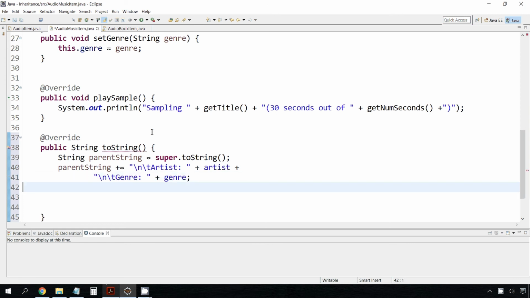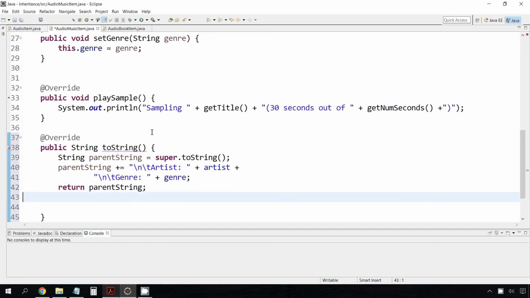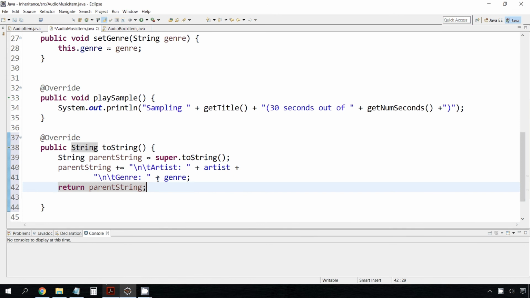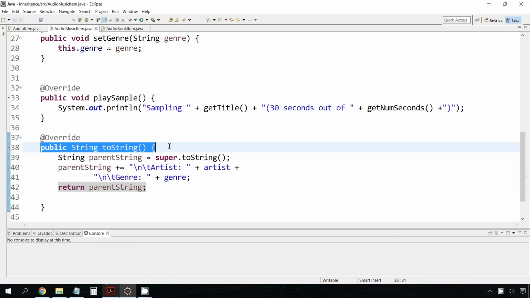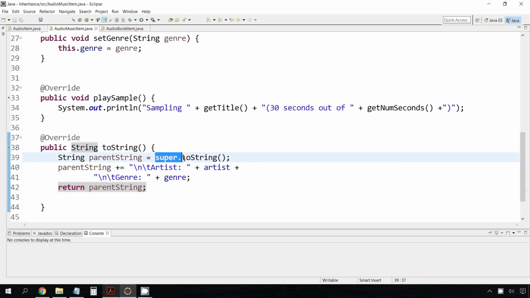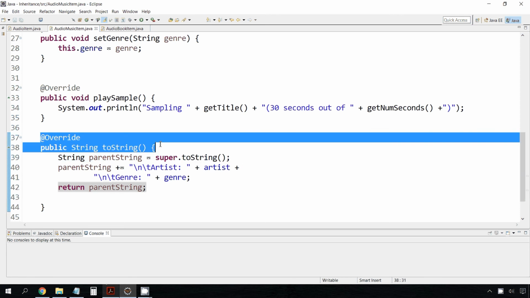And then I return that whole string. Okay. So this is a way, I'm still overriding the method, so this method is completely replacing the parent method. But inside that method, I say, well, actually, I still kind of want to access the parent's version. And again, I do that with super dot the name of the parent's method. Okay, so even when we're replacing a method, we can always still access it in that parent class by using